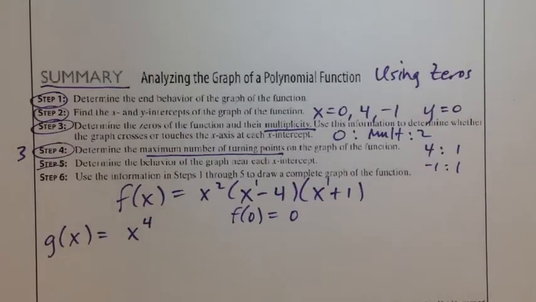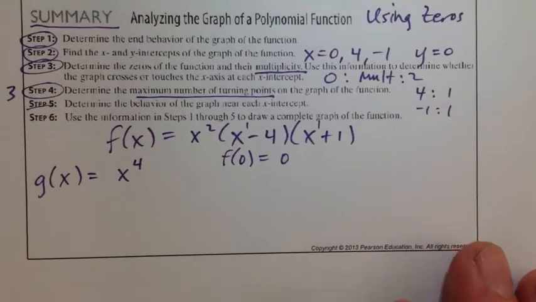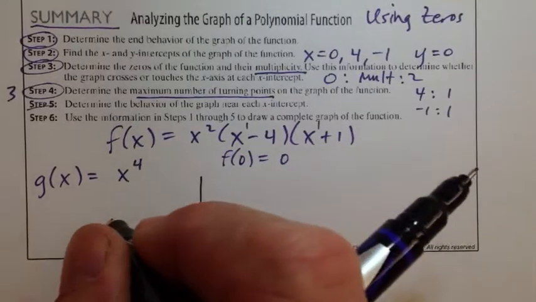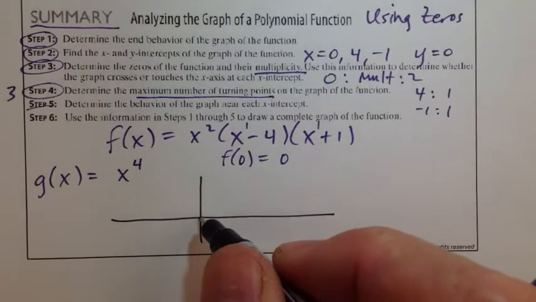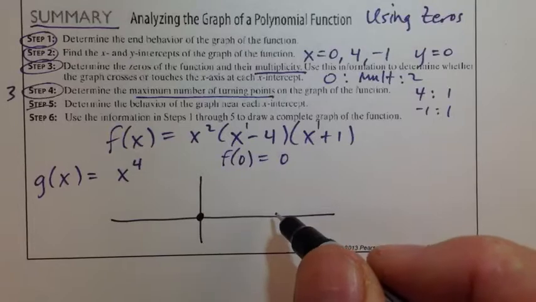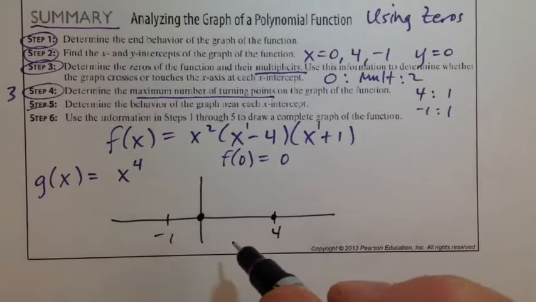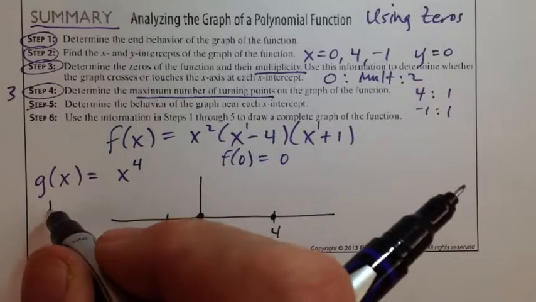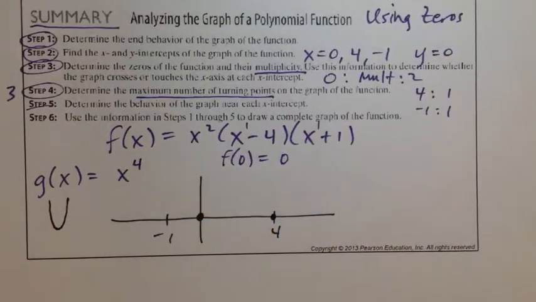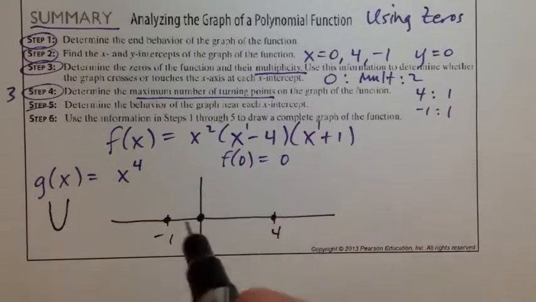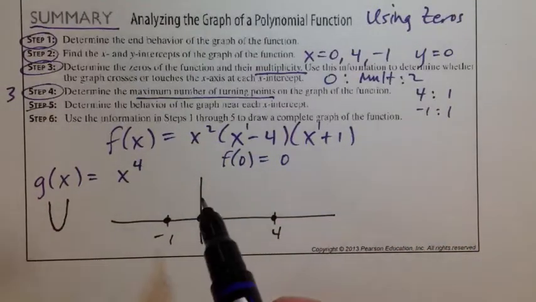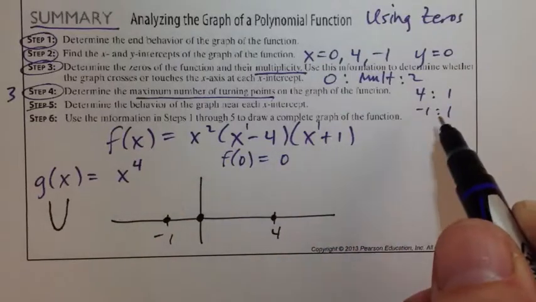If we draw the complete graph of this function using all of this information, and this again is a review from what we did in class, we have x-intercepts of 0, 4, and negative 1. From the end behavior model, we know that the graph of this function opens up and is shaped like y equals x to the fourth. But again, we have x-intercepts here. So the graph of the function is going to come down through negative 1